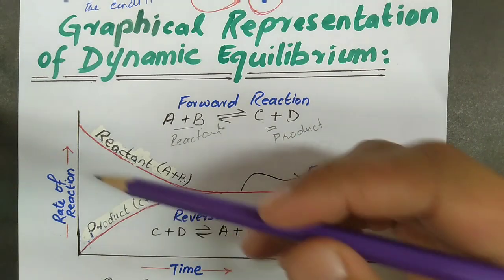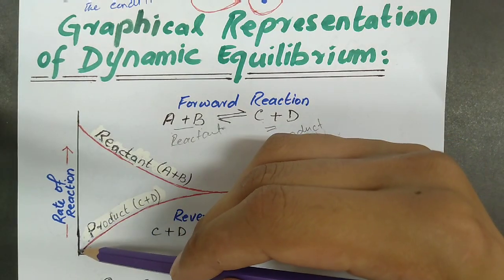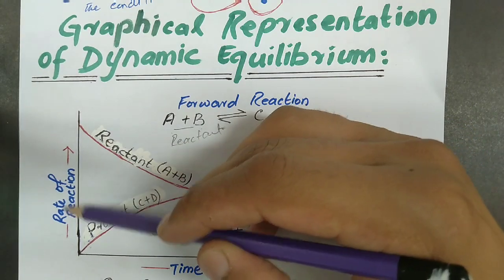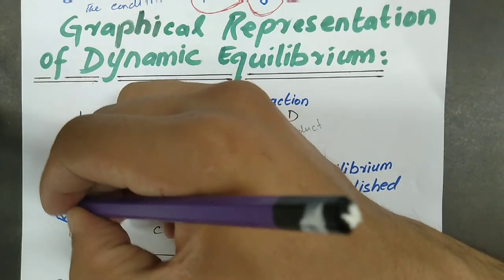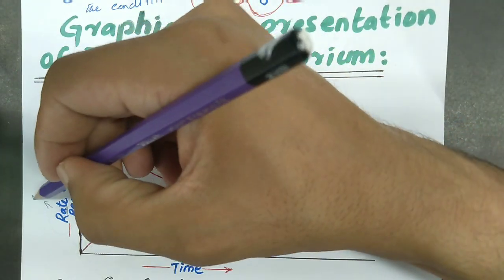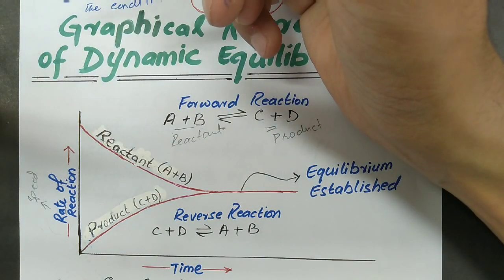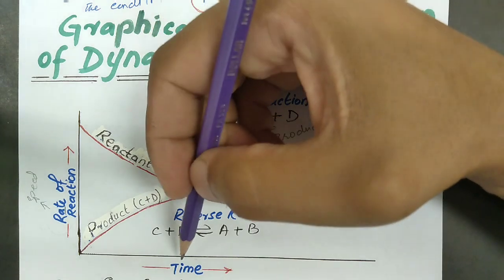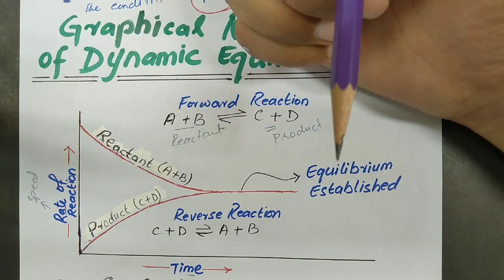Here the whole process is represented in terms of a graph. On the y-axis, the rate of reaction is represented. What is rate? You have already studied in your physics that here the rate means the speed of reaction. And on the x-axis we are representing the time, that with the passage of time what happens to the